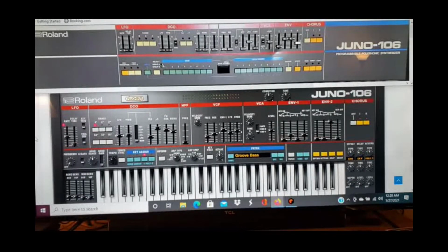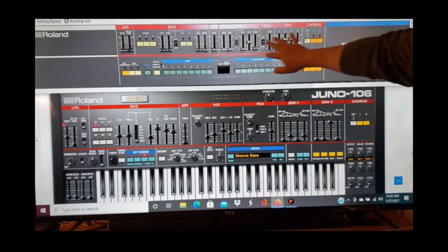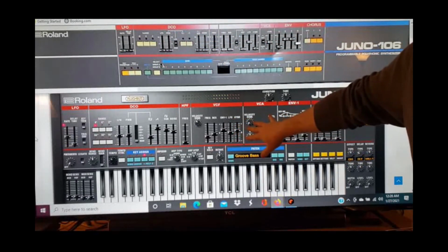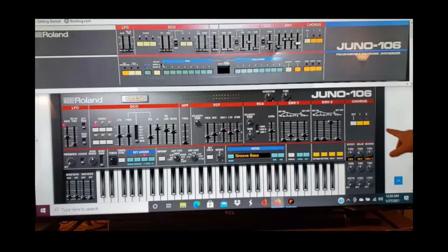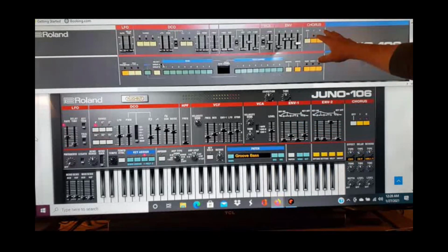All right, so I've got a comparison shot set up here with the old hardware control panel from the hardware Juno 106 to compare to the software version from Roland's Cloud. You can see the aesthetic is pretty similar, but there are some significant changes between the two. A few things look a little alien on the new version to me, who's used to the hardware panel, but